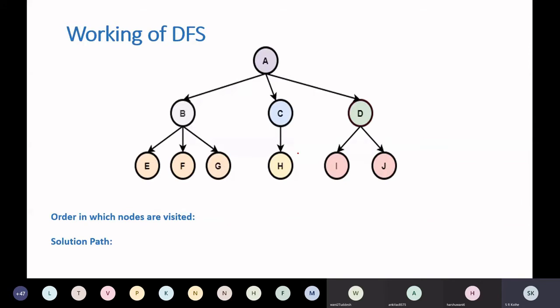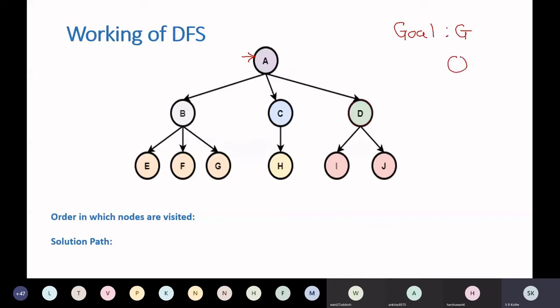Now, what we will have to do is understand the functioning of depth first search. Depth first search moves along the depth of a search tree. So you are going to start with node A. A is the starting node. Is it a goal node? Suppose the goal node is G, that is given to you. G is the goal that you have to search. So start with A. How will the algorithm move? You check whether A is a goal node or not. No, A is not a goal node. So the algorithm will explore A.